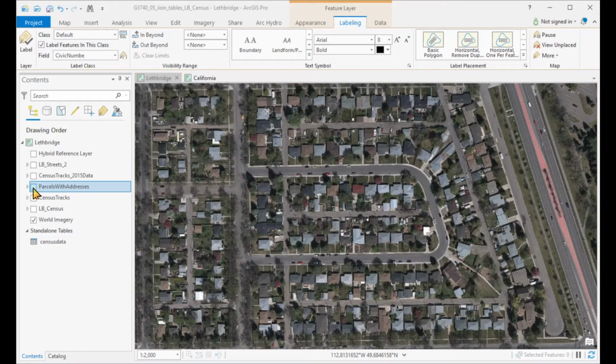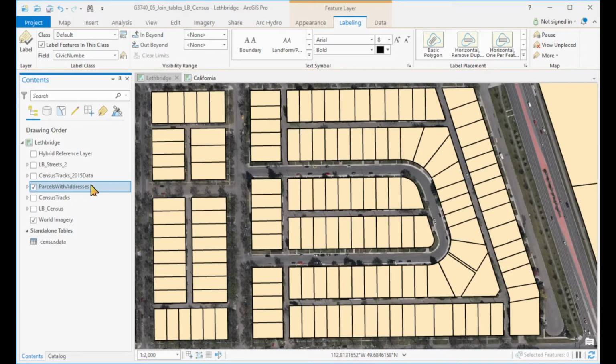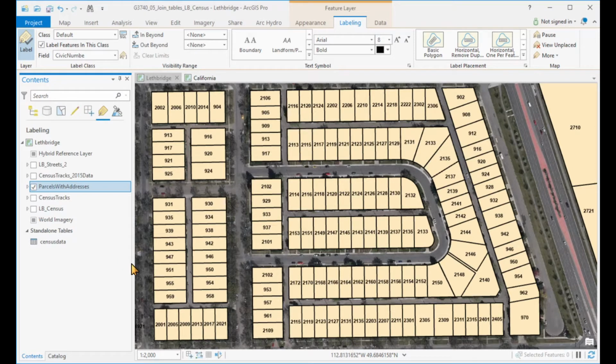Let's start with turning on my shapefile that contains parcels and addresses, so I have house numbers and street names and other things in here. And let's turn on the labels for this. So I go to my label icon and I turn on parcels with addresses. And now I go back to my drawing order, have my feature layer options, and within labeling, I have here